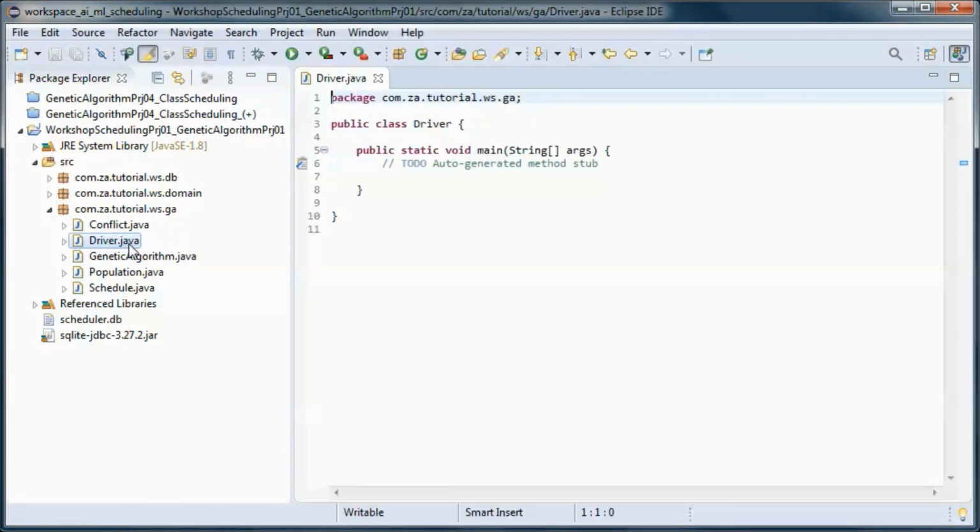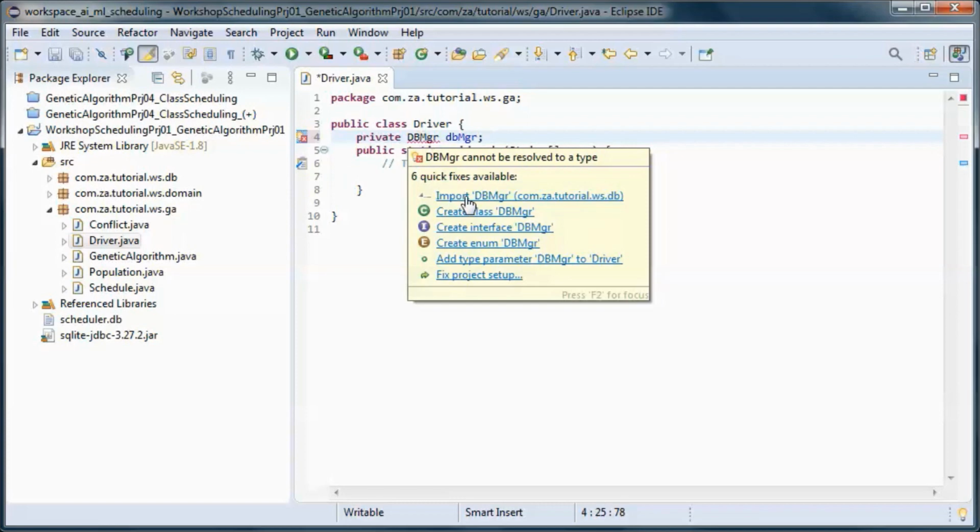And to pick up the initial data from the database, we will need this DB manager.